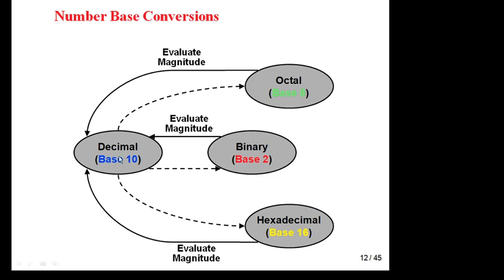To convert from octal to base 2, there is a shortcut method. Directly, because 8 equals 2 to the power 3, you can make groups of 3 bits. And for base 2 to base 16, since 16 equals 2 to the power 4, you make groups of 4 bits. Suppose you have to convert octal to hexadecimal. Through the general method, first convert into base 10, then into hexadecimal. With the shortcut method, directly convert octal into binary and binary into hexadecimal.